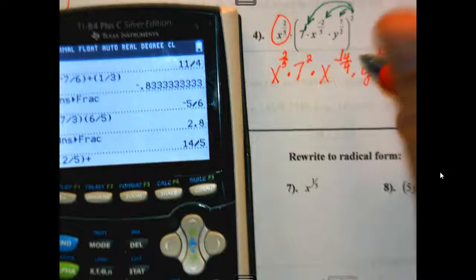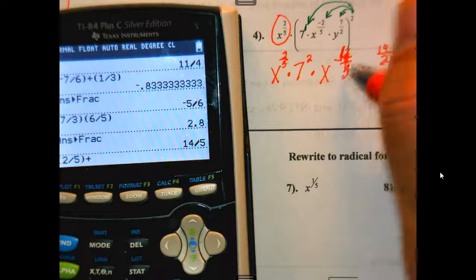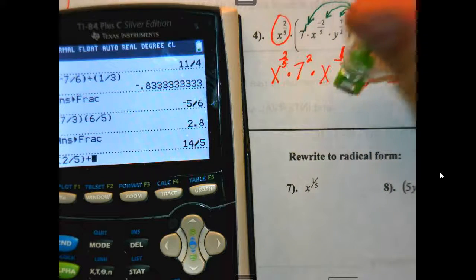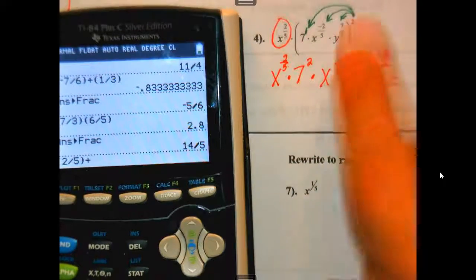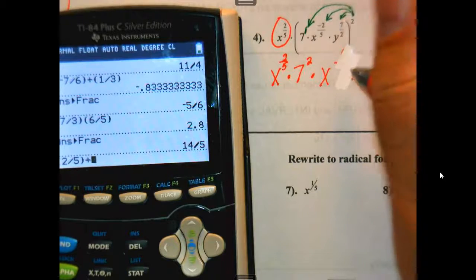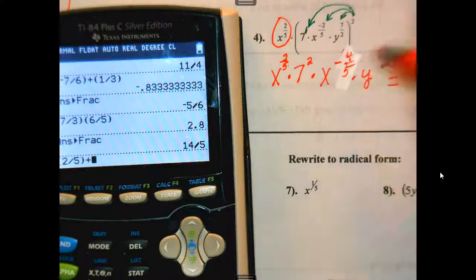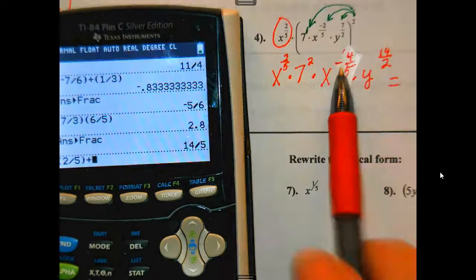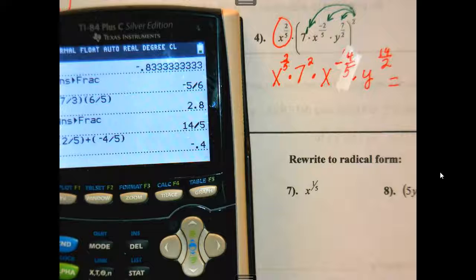No, I was right. Negative 4/5. Okay, so I'm going to have 2/5 plus negative 4/5. Get negative 0.4, which is